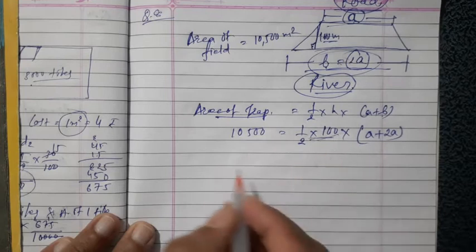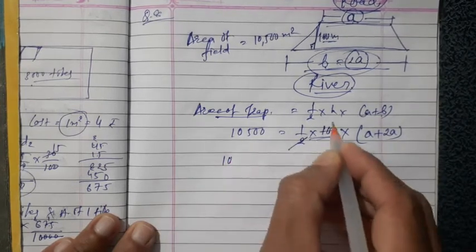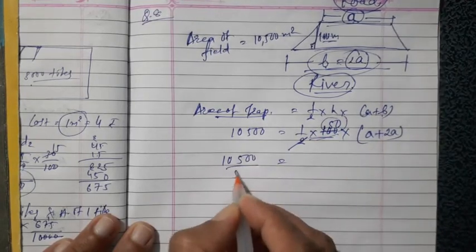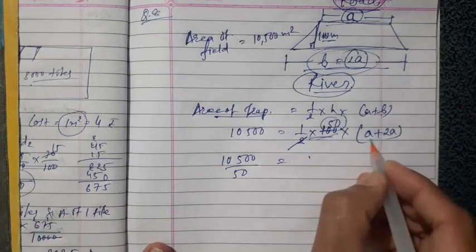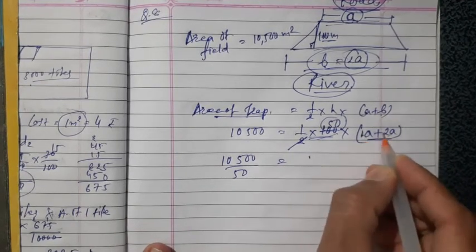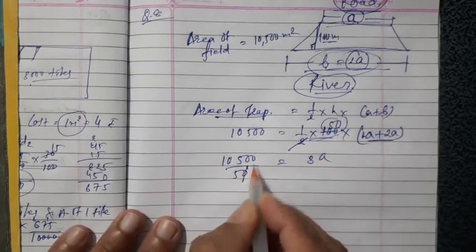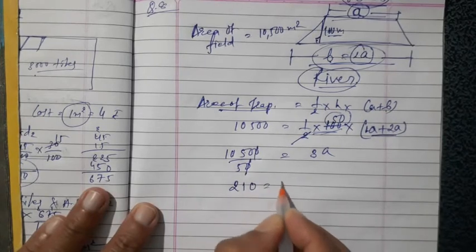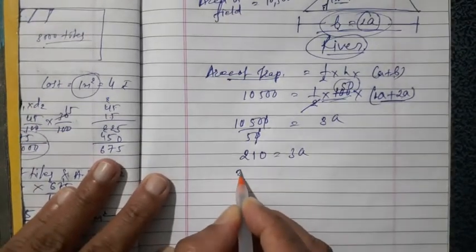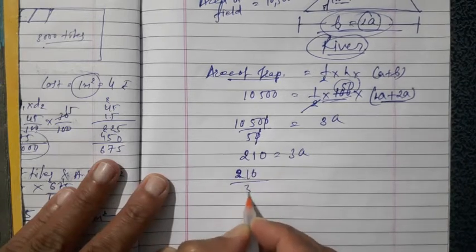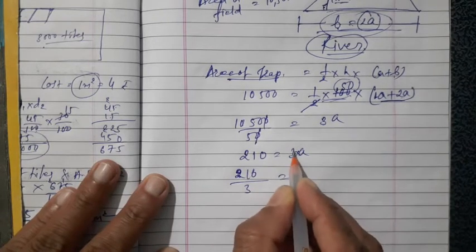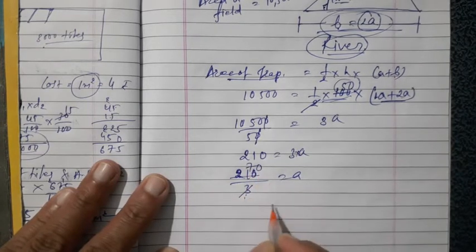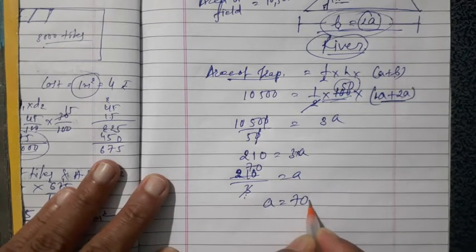Change the side of both one. So otherwise cut here, that is 50. Change the side of 50, that becomes denominator side. And here A plus 2A. A means 1A. 1A plus 2A, that is 3A. Cut this one. 0, 0 cut. 5 2s are 10. 5 1s are 5 and 0 equals 3A. Means 210 divided by 3 equals A. Here 3A means 3 into A. We change the side of 3, that denominator side. 7 3s are 21 and 0. Means A equals 70 meter.